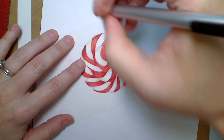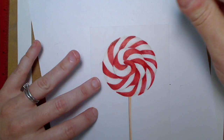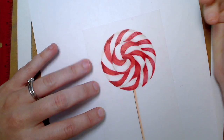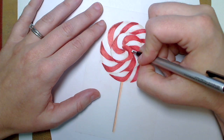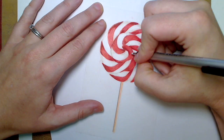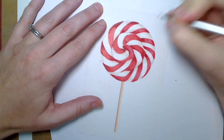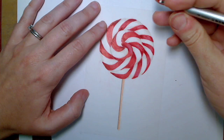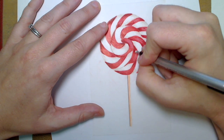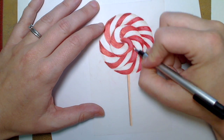With some of them, I might just do vertical hatching strokes to erase. Others, I might kind of do back and forth. Just play around, have fun with it. It's not every stripe that needs this done. For this stripe, I'm angling my movement here. Same with this one and this one. But you can see how they're a little bit lighter here by lifting the pigment with the